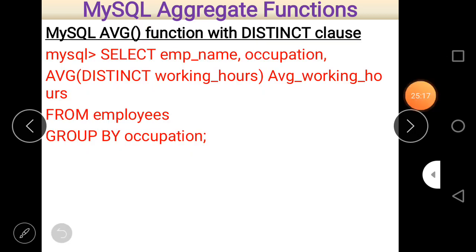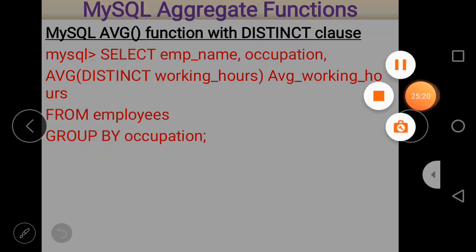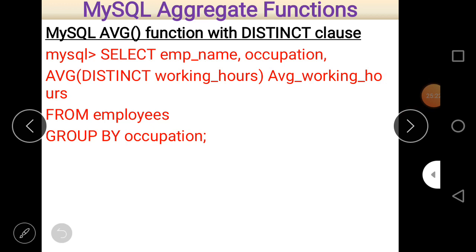Now our next and last topic regarding average is the distinct clause. As you know, the distinct clause basically removes duplicate rows and considers them as one unit. So whenever there is a duplication and we want to remove it, it is possible using the distinct clause.